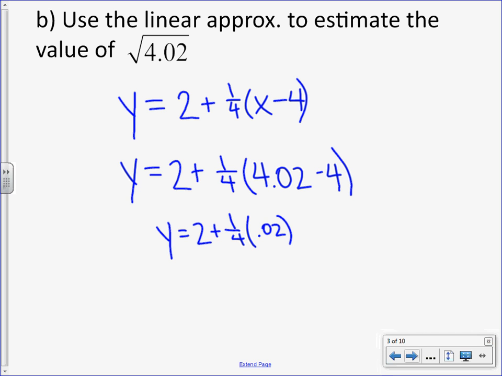Or we could write, okay, so 0.02 divided by 4. Okay. That's pretty cool. So who has a calculator out? Aaron does. Aaron, what is the square root of 4.02? Oh, wait, don't do it yet. Don't do it yet, actually. Before Aaron does it, I thought we forgot to do